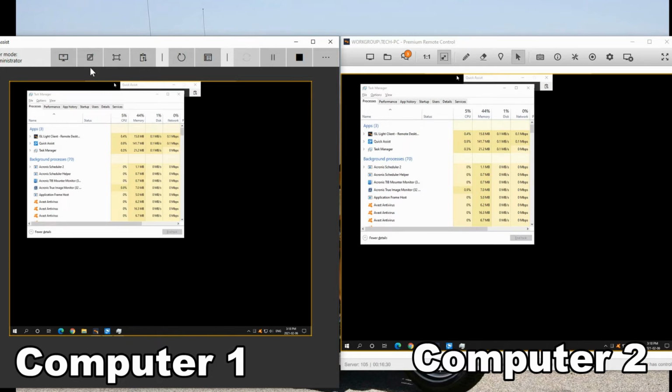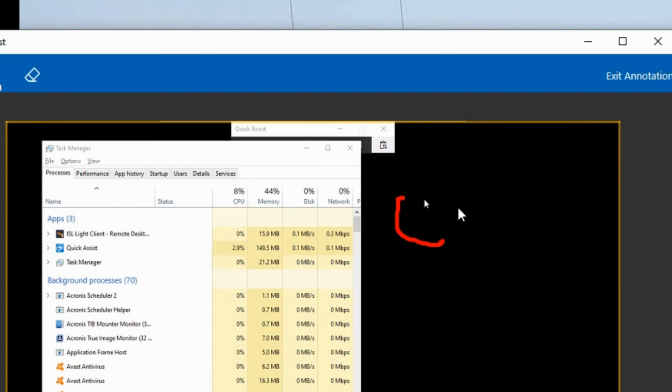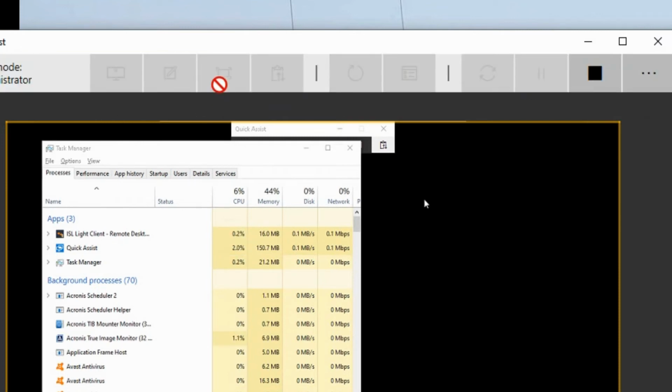Once you're in here, then you've got some other options here as the remote user. You can select which monitor, because in some cases somebody may have more than one monitor. You can make annotations on the screen and draw on it. Whoops. You can erase that from there. Exit annotation. The annotation comes in handy if you just want to direct their attention somewhere. You can make it go to actual size so it'll fill up your screen, but I won't do that here because then you can't see two monitors at once.